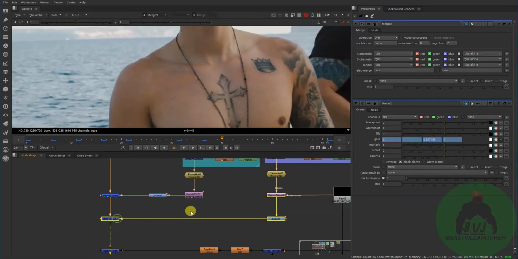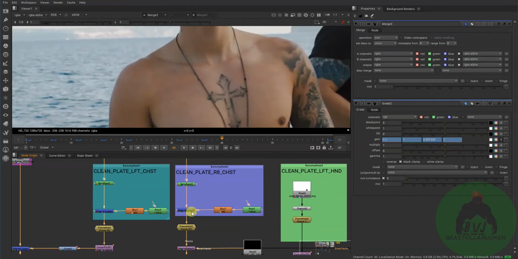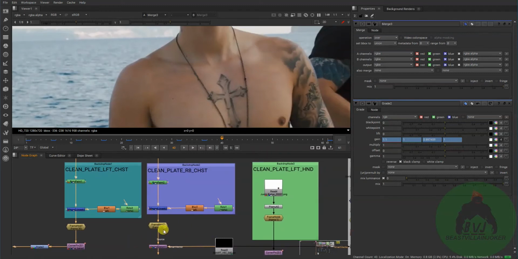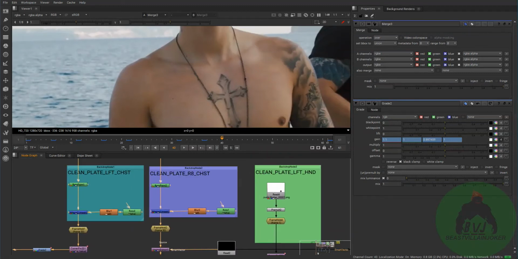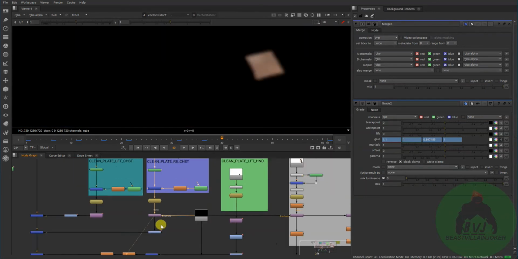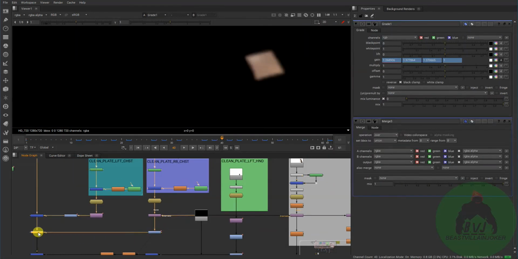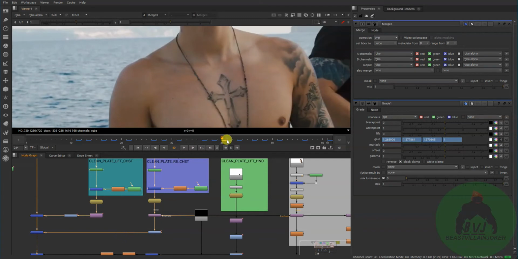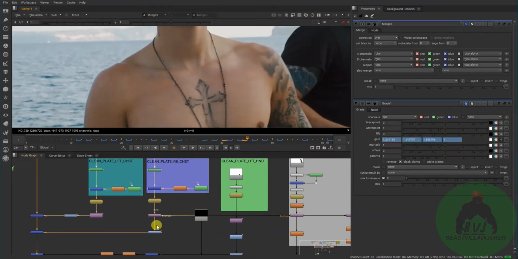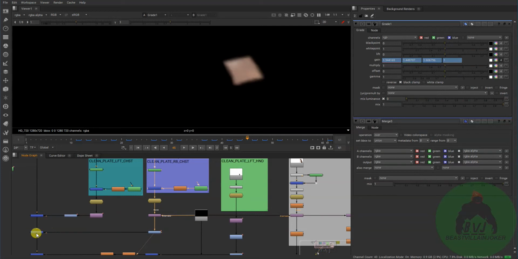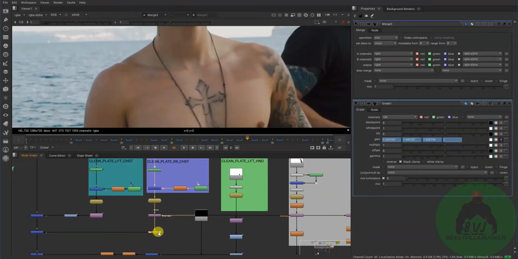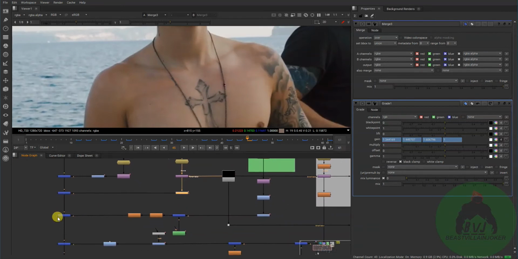And now for the clean plate part, I have gone to the right chest. So I have taken the same whole frame and made it. And also here I have used the vector distort node and color graded, obviously, for matching the colors. If I do not grade it, I have to show what impact this will have. Now you can see why I have to color grade it. Now you can see the difference. And this was the main reason you have to color grade.